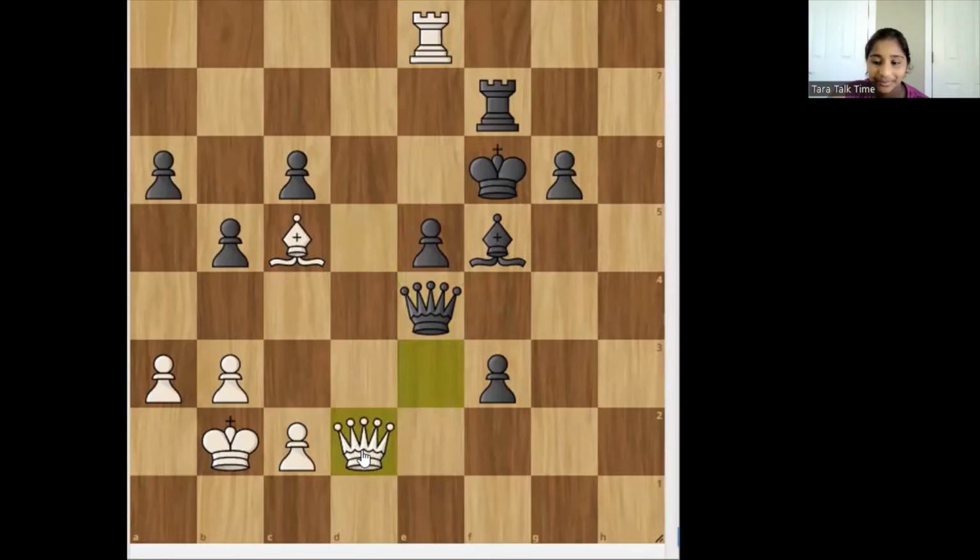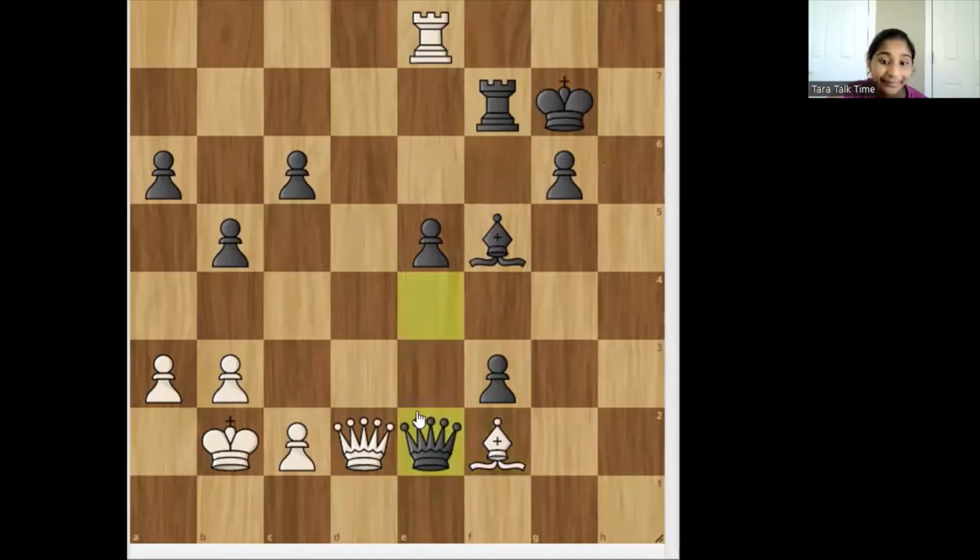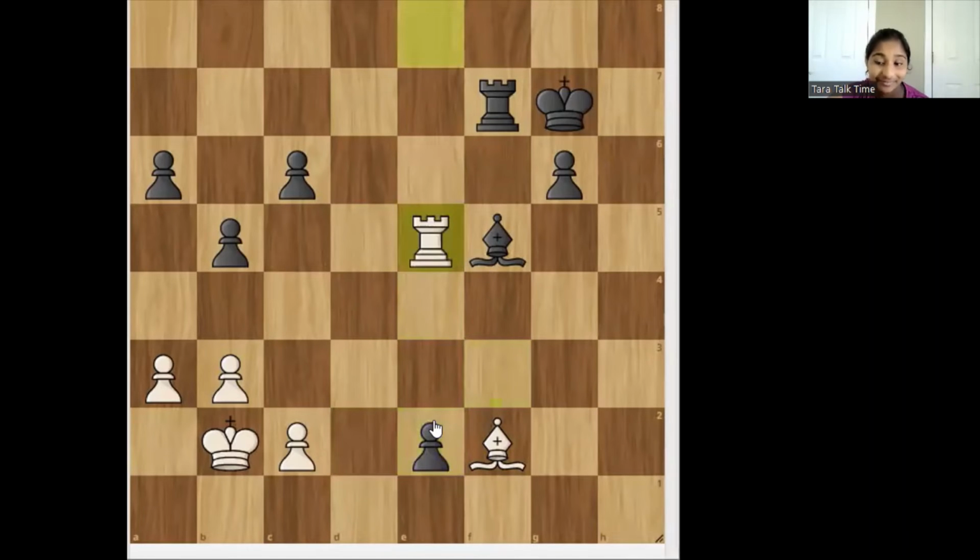And then after a move like king to g7, and then bishop to f2, stopping this pawn from promoting, black would play queen to e2. So that was the point of all of these moves, that he's going to play this move queen to e2, and if the queen takes and the pawn takes and the rook takes on e5, we're trying to stop this pawn, but it's only a